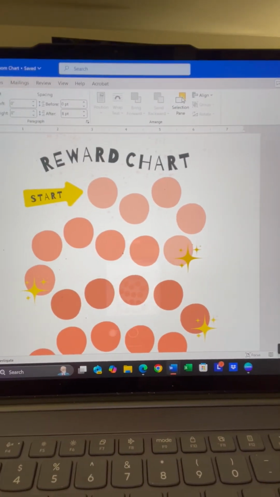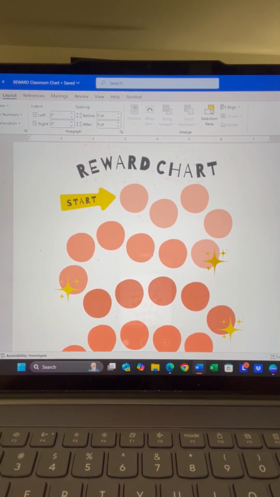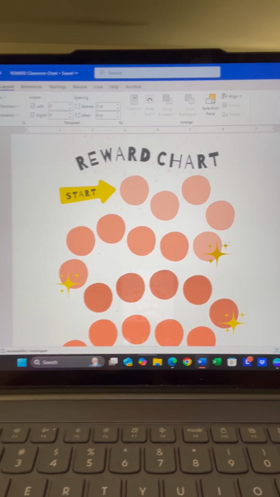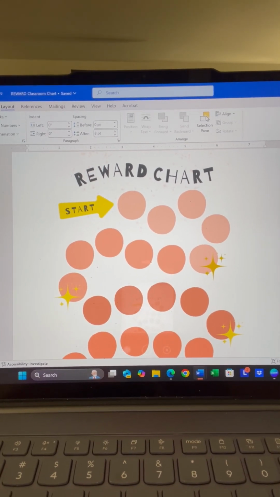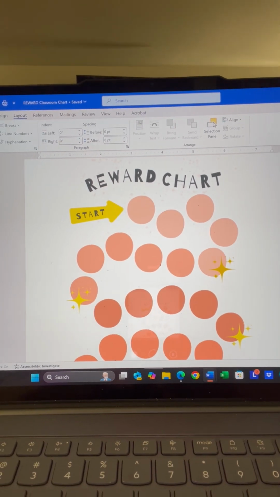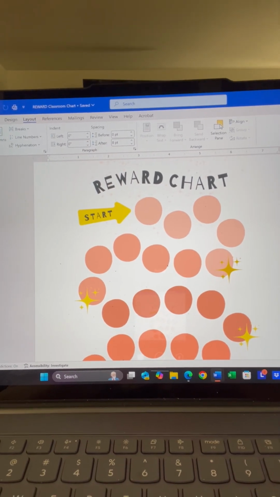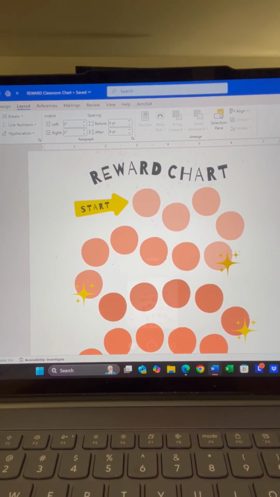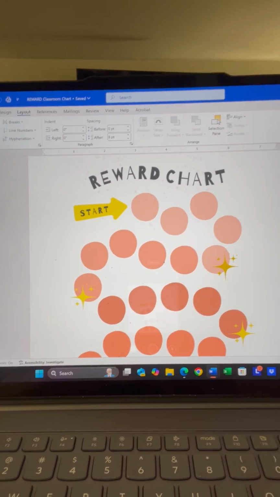Say they were responsible and they were showing respect and politeness and kindness, then I would notice and assess them, and then I would grade them by giving them a smiley face inside of one of these circles. Each time that they are assessed, they would get a reward in one of these circles. At the end of the day or end of the week or end of the month, they would have a system of rewards that would add up to where they could make a choice out of a drawer full of little toys or something like that.